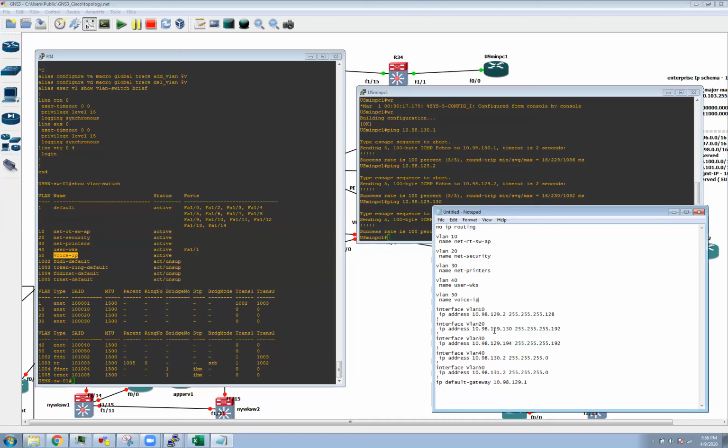Okay. Perfect. Now you modify the VLAN 10, 20, 30 IP address for New